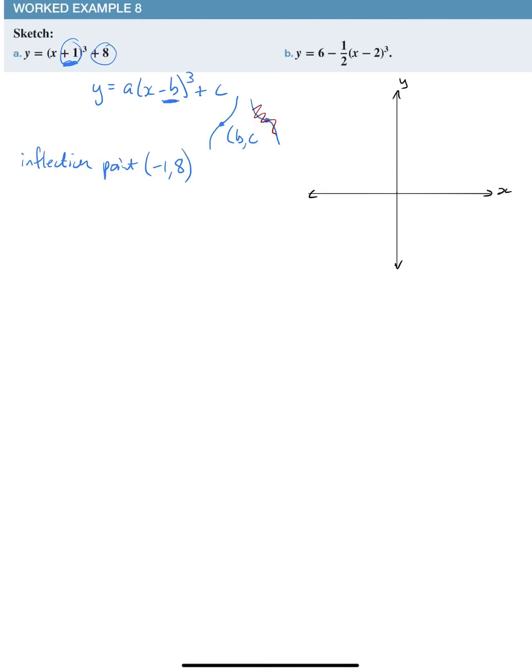Okay, so I know that x is negative 1 and y equals positive 8. So that's my point of inflection. So my graph will look something like that. All I need to find now is my x and my y intercept. My y-intercept